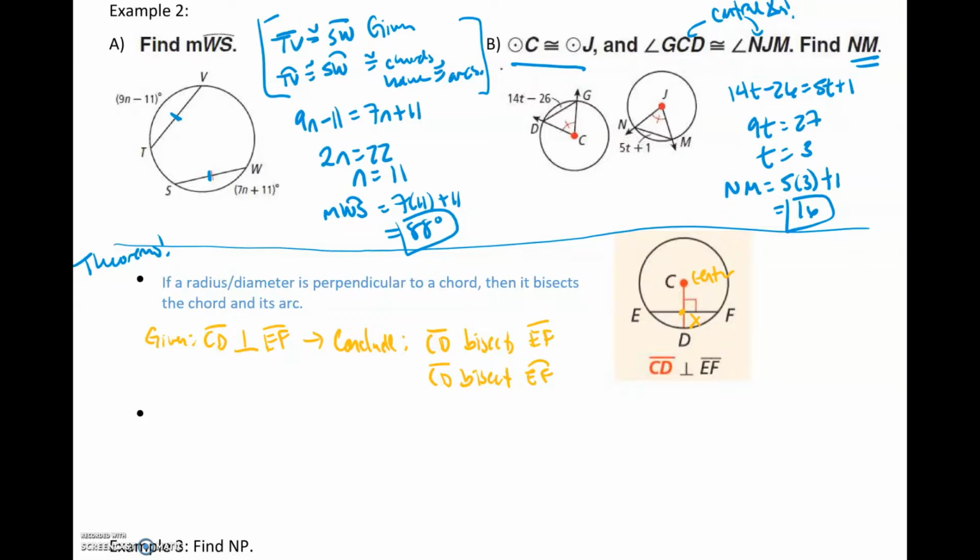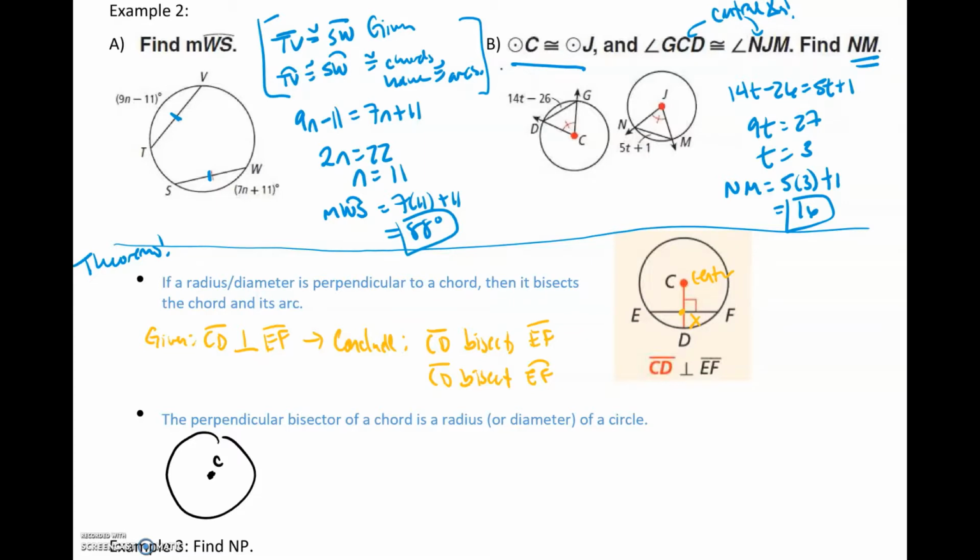It kind of goes backwards. It says the perpendicular bisector of a chord is a radius, or by extension a diameter, of a circle. So not quite the converse, but basically telling us we can figure out what is a diameter or a radius of a circle by looking for a perpendicular relationship. So if we kind of go back to that same diagram, let's say we have a circle C,